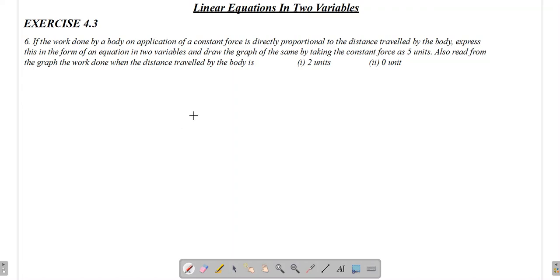So what we need to do, once again over here, we need to frame the equation, then we need to plot the equation in the Cartesian plane, and then we need to find out the answers for these two parts. So let's begin. How can we start with it? The question says work done is directly proportional to the distance travelled. So if I'll take work done as W